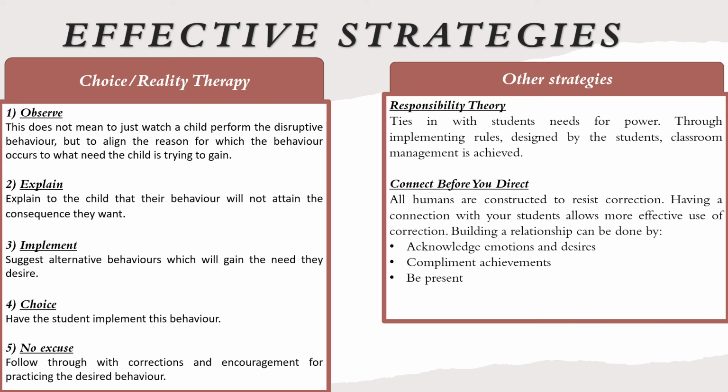When executing corrections as a part of the strategy, it is important that you have rapport with the students. Brains are wired to resist correction as it causes a power struggle between both the person being corrected and the corrector. Having a relationship with the students helps to remove defiance, as the need of belongingness can be jeopardized.